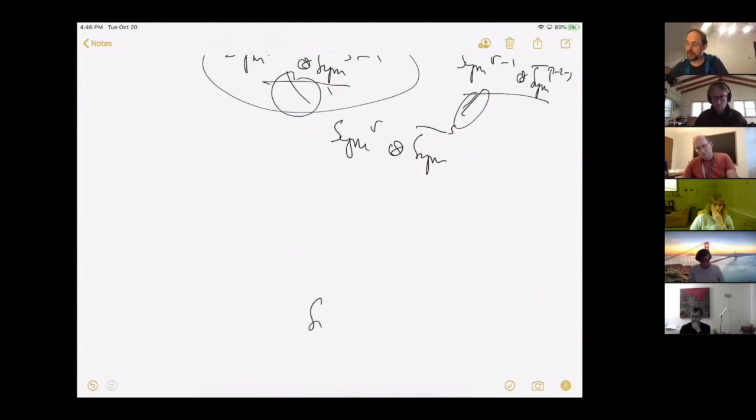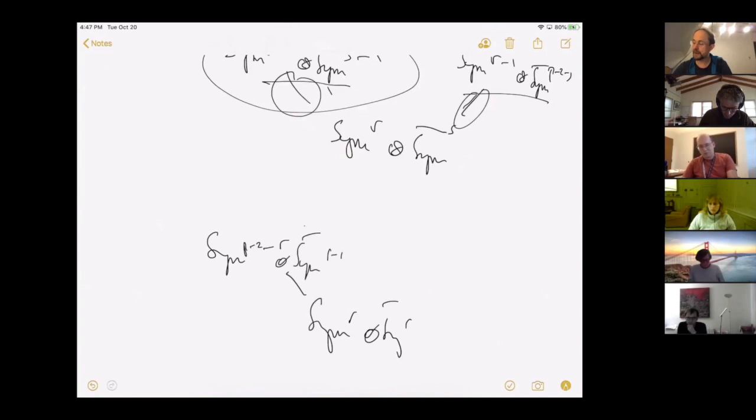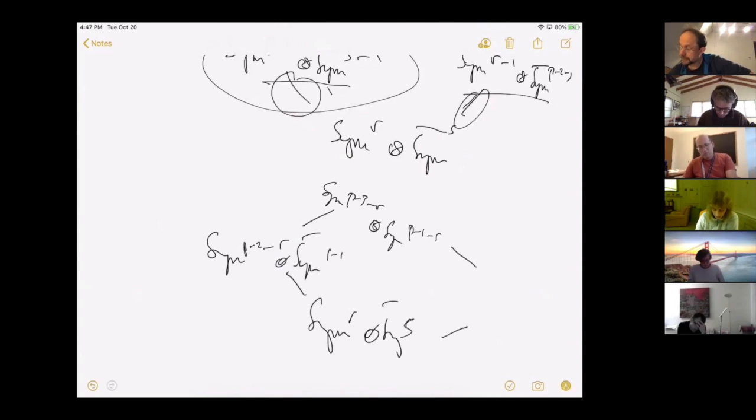There's another possibility where you could have sim r tends to sim bar s, and I'm just going to systematically do minus ones. So I'm going to go to sim p minus 2 minus r tends to sim bar s minus 1. And then I'm going to do sim p minus 3 minus r, and I'm going to flip, so I'll get sim p minus 1 minus s. Then I'm going to come down here, and I'm going to subtract. So this way I should flip s, so I should have sim r plus 1 tends to sim bar p